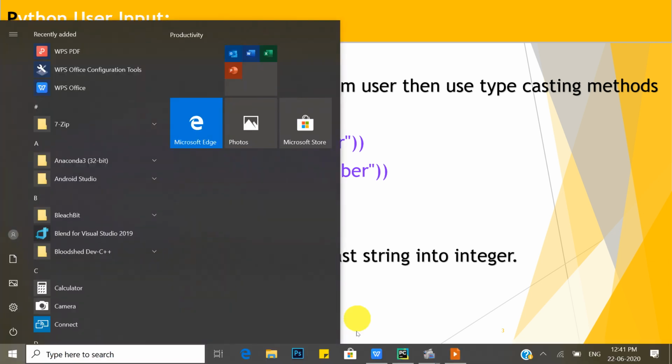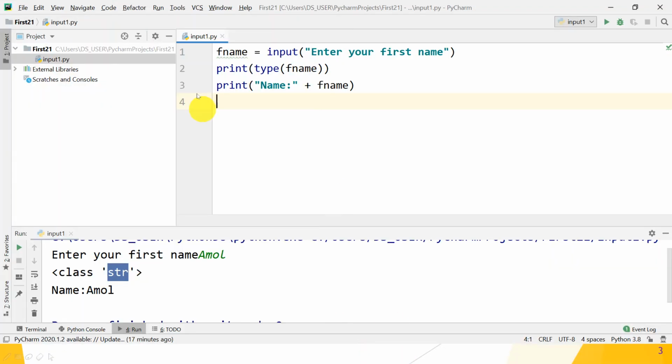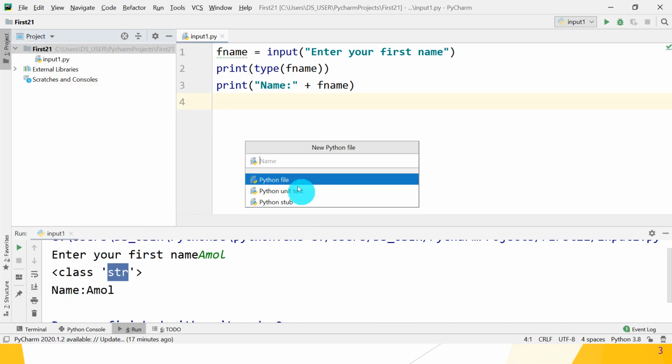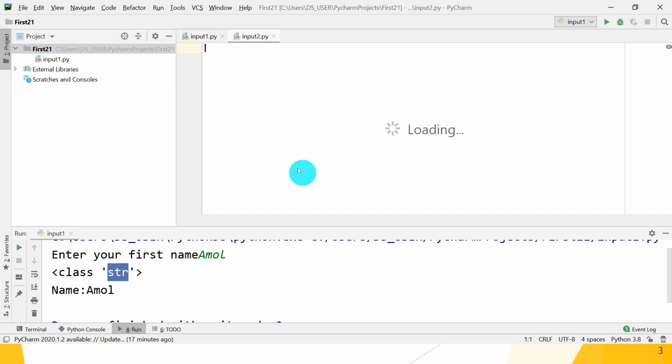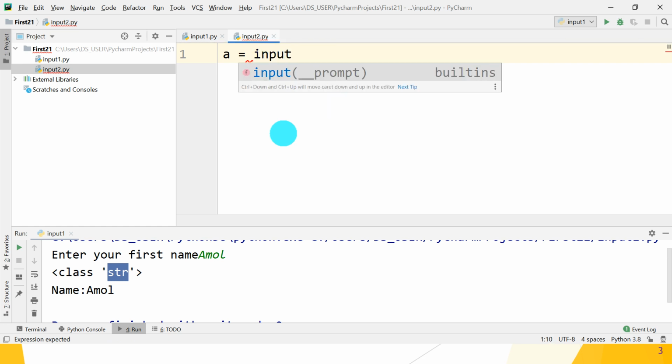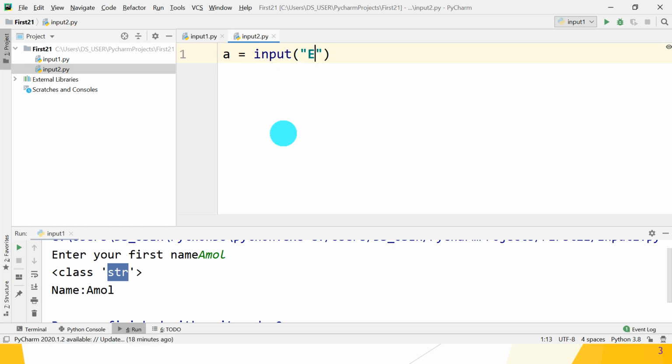So open PyCharm again, then create a new Python file, give the name as input2, press enter. So first take one variable a is equal to, what is the method, input, then write enter first value.